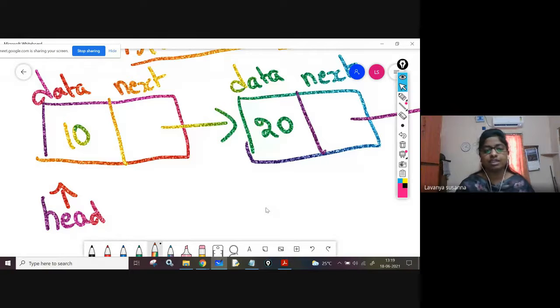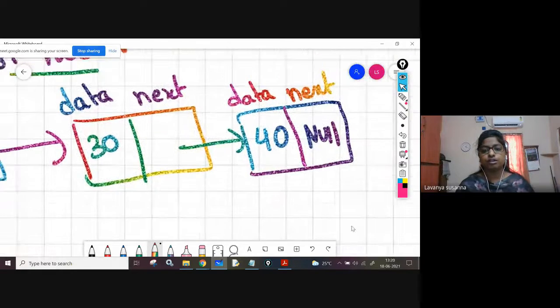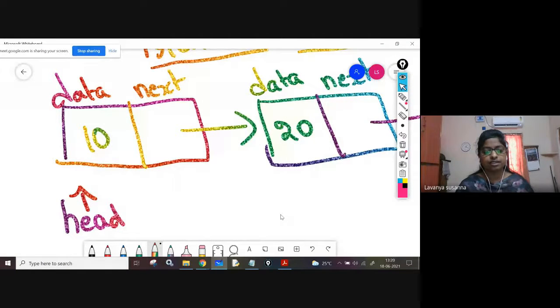Remember, whatever the linked list may be, whether polynomial or sparse matrix, single linked list, double linked list, whatever it may be, always remember you should not move head. Head should always point to first node itself. So you have to traverse, right? You need to go to the second node, the third node, the fourth node. Because head contains first node address. You don't know the address of second node or third node. Only by using the first node address, you are going to move, because you know that next field contains address of next node. Using this next field only, you are going to traverse.